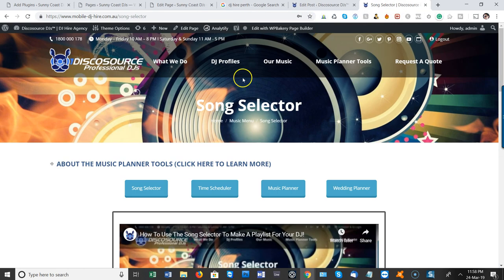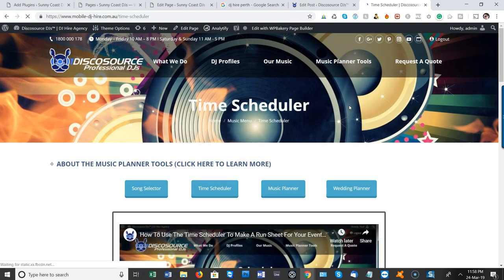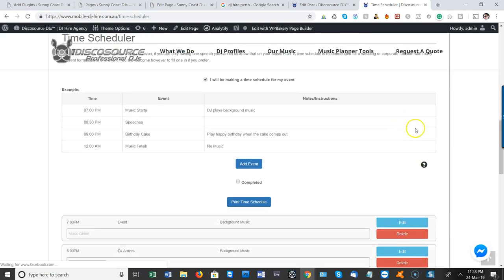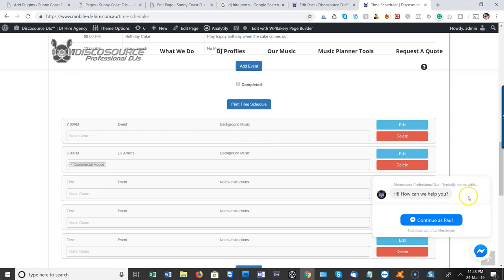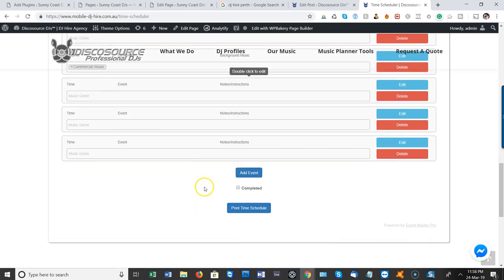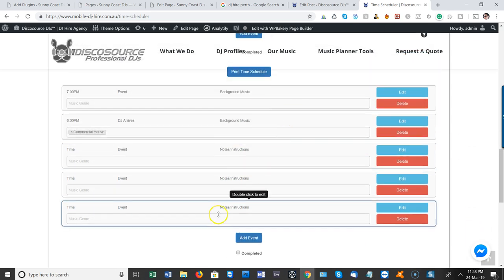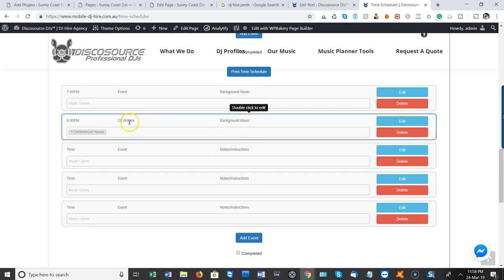So the other 3 plugins we've got a time scheduler tool. So if we check this out, basically, it's a very simple and easy to use click and drag tool for making a time schedule. And then after your customer makes a time schedule, usually this is useful for weddings. So these are all the events that take place for a party. So you might say, okay, DJ arrives at that time,